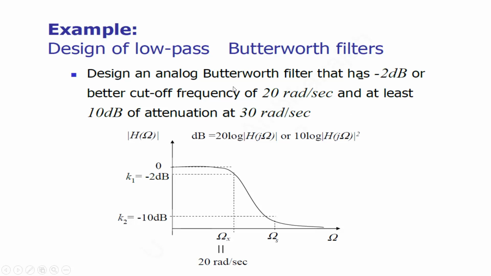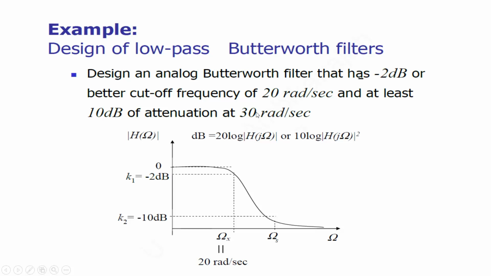Now let us design a low pass Butterworth filter. This is an important question in which we have to design an analog Butterworth filter that has -2 dB or better cutoff frequency of 20 radian per second, right? And at least 10 dB of attenuation at 30 radian per second. So this is now